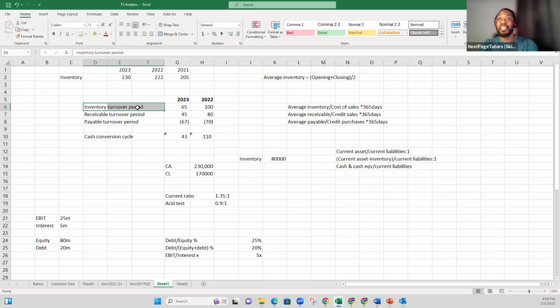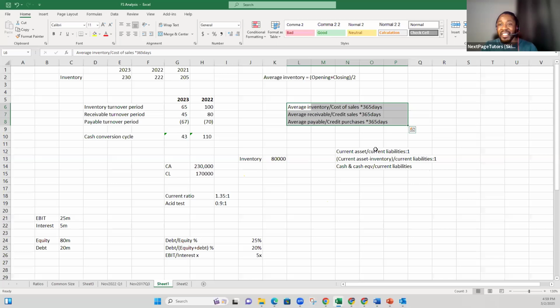in fact, inventory, receivable, and payable are regarded as your working capital. These are the key working capital components, right? And these three numbers, we use to measure efficiency, how efficient you are in managing your working capital. So there is another ratio or term that you can use to capture these three, which is called the cash conversion cycle or cash operating cycle, right? So cash conversion cycle is the number of days, which is why these ratios are also expressed in number of days. It is the number of days that it takes us to convert our short-term asset or our working capital to cash,